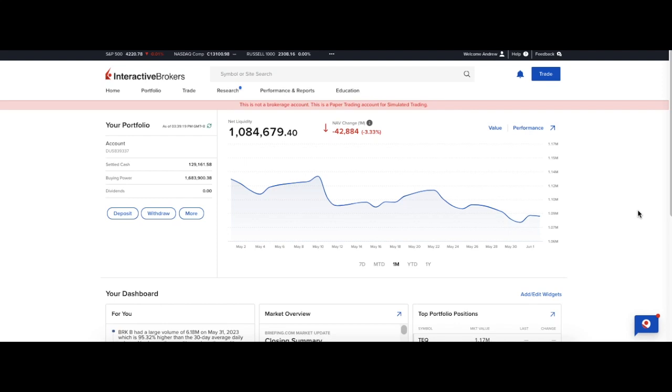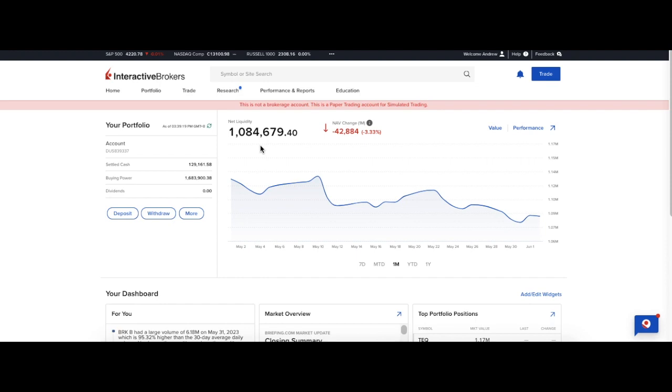Hi everyone, I thought I'd jump straight into a screen record here. I'm inside my demo account of Interactive Brokers, the Interactive Brokers investment game that we're playing on my Discord channel. I invested a little under a year ago now. We all have $1 million to play with, and anyway, what I'm doing today is I'm showing how to sell